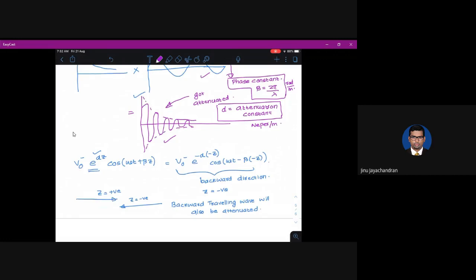So whenever you stand in a transmission line, you will see both the waves. You will see a wave traveling in the forward direction, and you will see a wave traveling in the backward direction. And you will see something called a standing wave, a wave which is not traveling at all. But actually there are two waves which travel in both directions, and finally you will see a wave which is static.